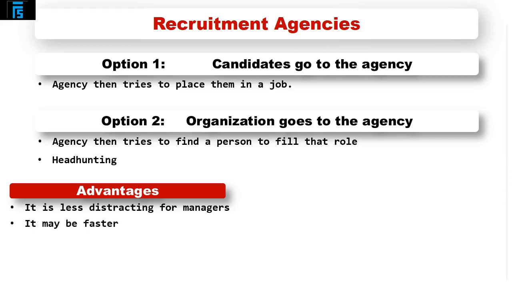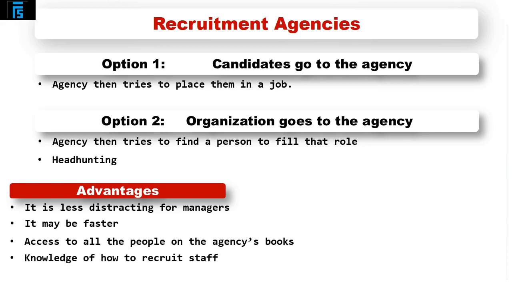It may be faster. The ideal candidate might have already gone to the recruitment agent. The recruitment agent might already have this person's details. So rather than having to go and advertise and get a CV and all these kind of things, it can be a lot faster because the recruitment agent has already done quite a lot of this. I can gain access to all the people on the recruitment agent's books, wherever they live, whatever magazines that they read. Potentially, if the right candidate is there, I can find them quickly and easily.